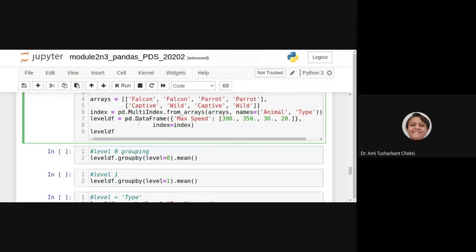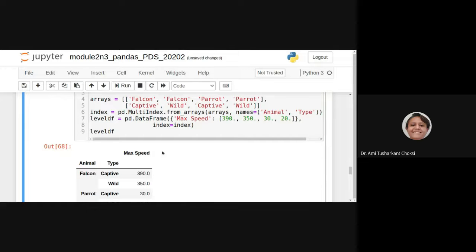Now for creating the data frame, we are giving pd.DataFrame, max speed. Only one column is there, that is max speed, and we are providing the value for it. And index is equal to index. The index which we want to create is having these two columns, that is animal and type. Now we are printing that data frame.